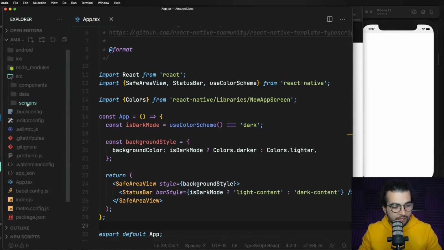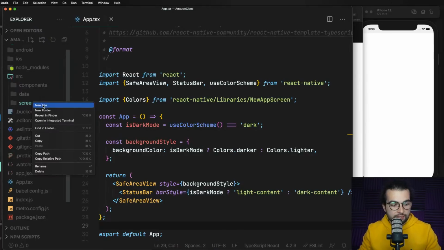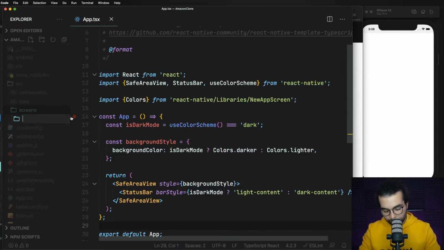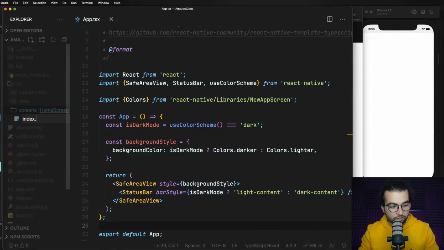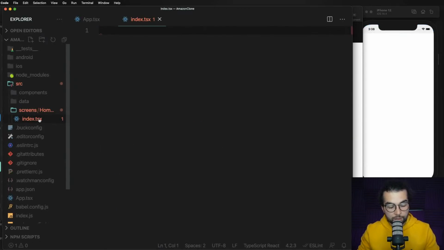Okay, for this, I'm gonna create a new separate screen for our, let's say, home screen. Let's define this as the home screen. So in our source screens, I'm gonna create a new folder called home screen. And inside the home screen, I'm gonna create a new file called index.tsx. TS because it's TypeScript, X because we're gonna use